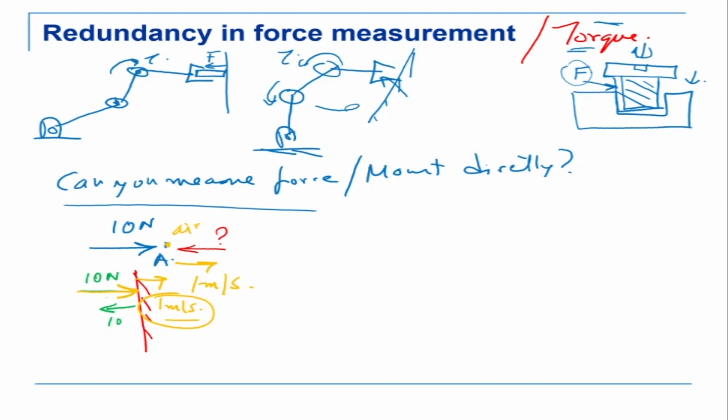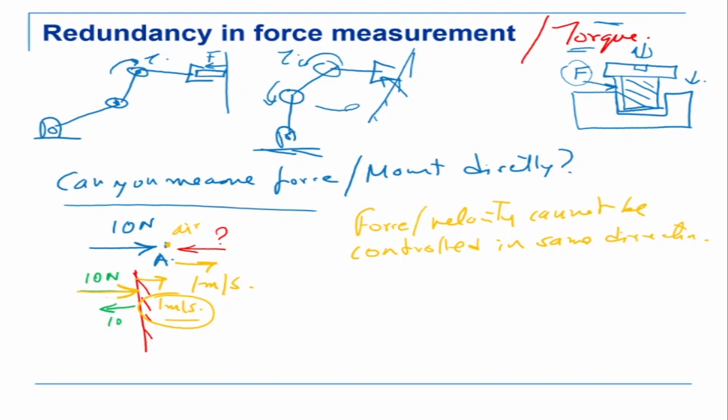So this is very important and interesting to understand: when can you apply a force and when can you apply a velocity? Can you do both of them in the same direction? No, you cannot. Force and velocity cannot be controlled in the same direction. That means on a wall, for example, if I press, I can apply a force, but I cannot control a velocity in that same direction.